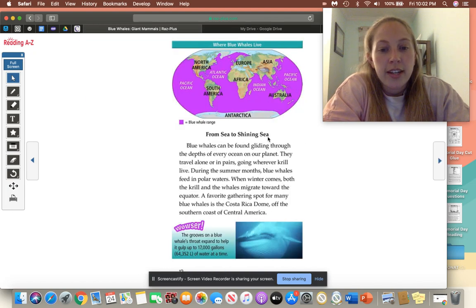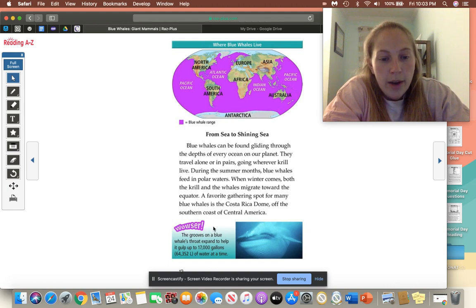From sea to shining sea. Blue whales can be found gliding through the depths of every ocean on our planet. They travel alone or in pairs, going wherever krill live. During the summer months, blue whales feed in polar waters. When winter comes, both the krill and the whales migrate toward the equator. A favorite gathering spot for many blue whales is in the Costa Rica Dome off the southern coast of Central